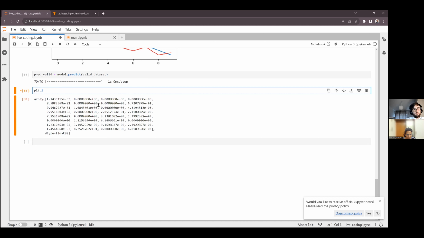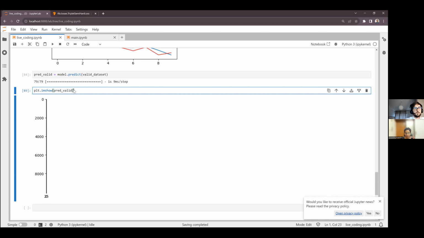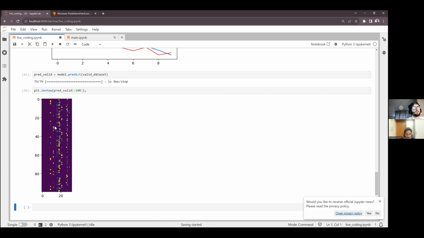Let's see to get an idea on how the things are distributed inside it. Okay, too big. Let's see the first 100. You can see the representation of each image is a 32 long vector, and we are considering the first 100 images.